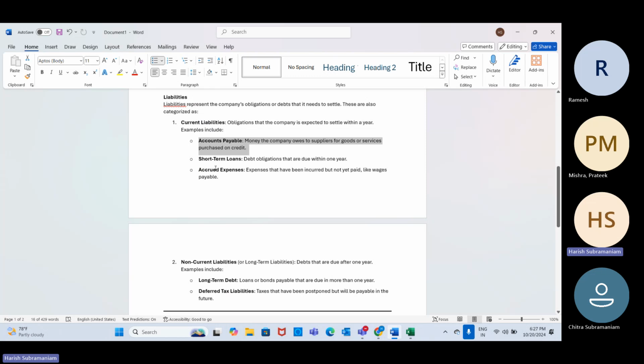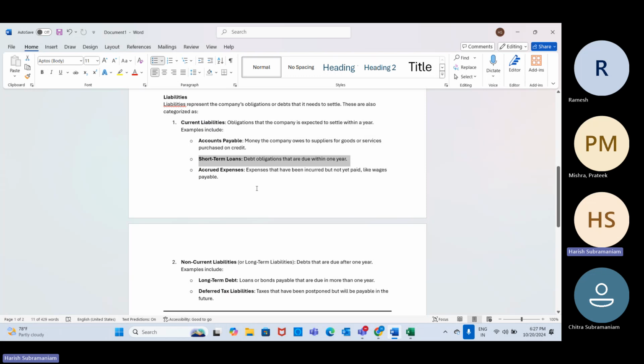The company has to make over a period of time. So a lot of times a company will buy some equipment, or some raw material, etc. on credit, and then it will pay the suppliers, say within 3 months. They'll have agreements that payment will happen within 1 month, within 3 months, and so on and so forth. Then we have